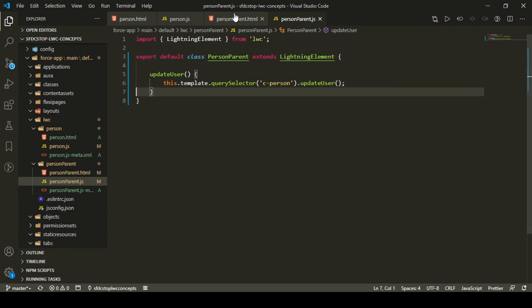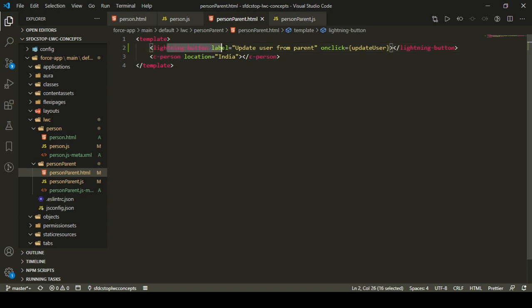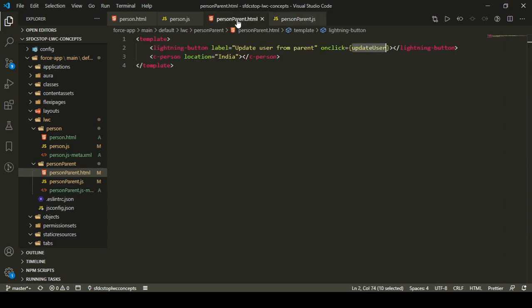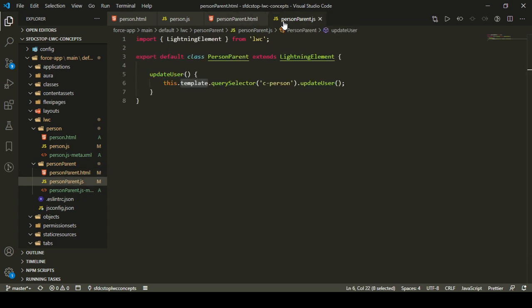So I want to call the update user method of my person component, and that's it, right? So what I have done here, on click of this button which is defined in the parent component, I'm calling my update user function. This update user function is defined in the parent itself, and it is using the template, which is nothing but the base template, and it is finding a component which is of the name c hyphen person.